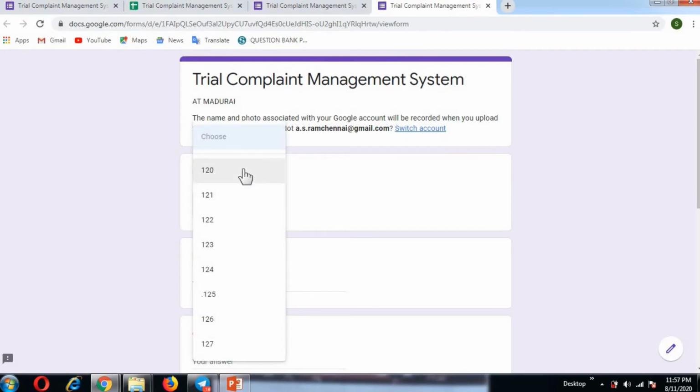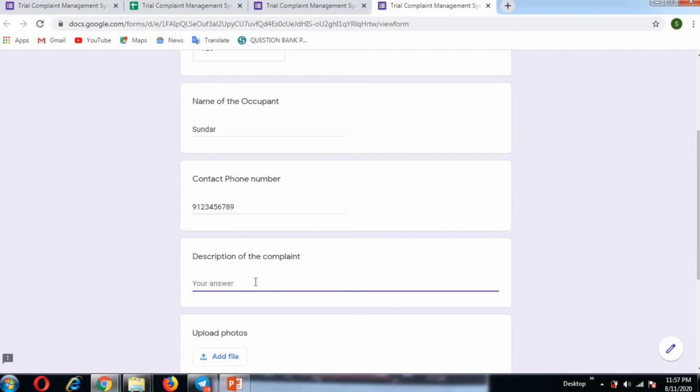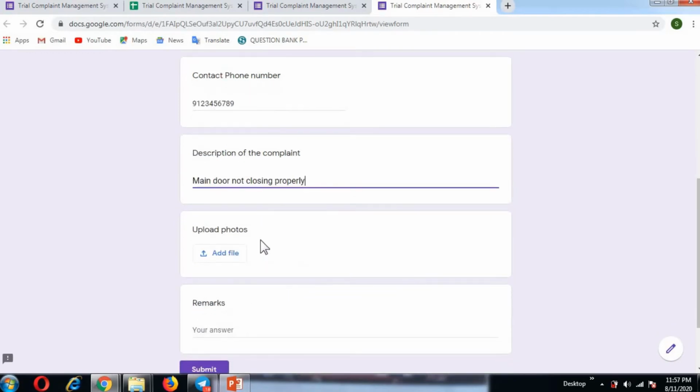Location: say I am an occupant of quarter number 120. This is my quarter. My name is Sundar. My contact number will be, say, 9123456789. Description of the complaint: main door not closing properly.